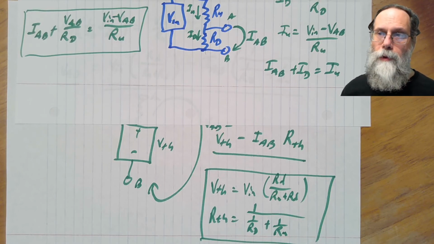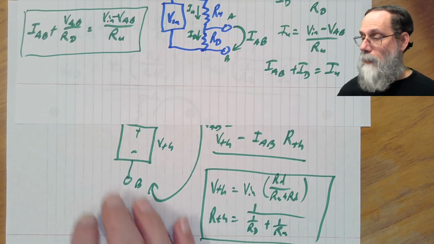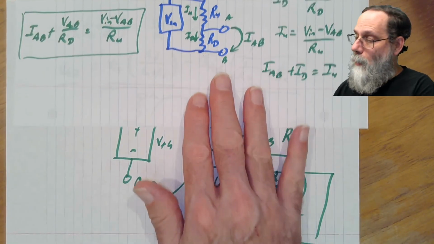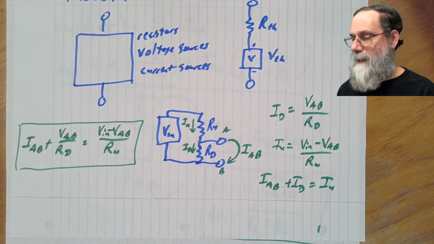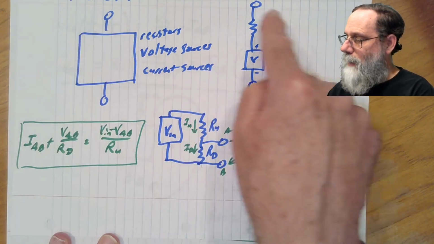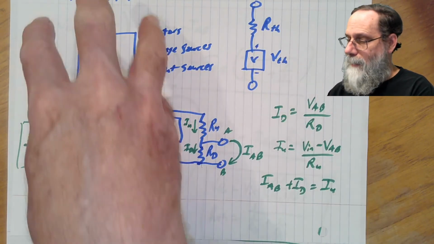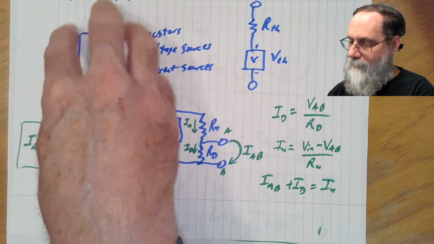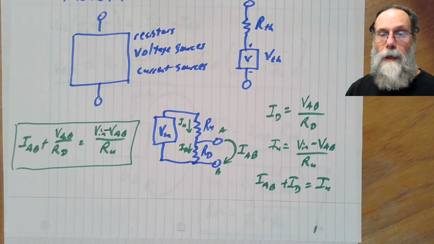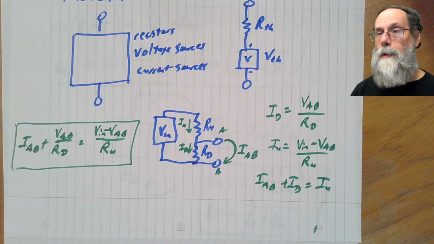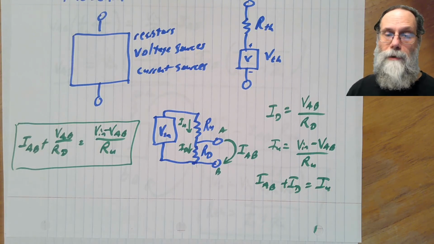Quite often we will use Thevenin equivalence to simplify the analysis of a circuit, because this equivalence is something that we can do whenever we have any sub-circuit that is part of a bigger circuit. We can take that sub-circuit and replace it by its Thevenin equivalent, and then have a simpler circuit to analyze when we include the stuff around it. Okay, that's probably enough on Thevenin equivalence for now. We'll have some exercises on it and some quiz questions and things like that, and you'll be using it in various ways in the future.